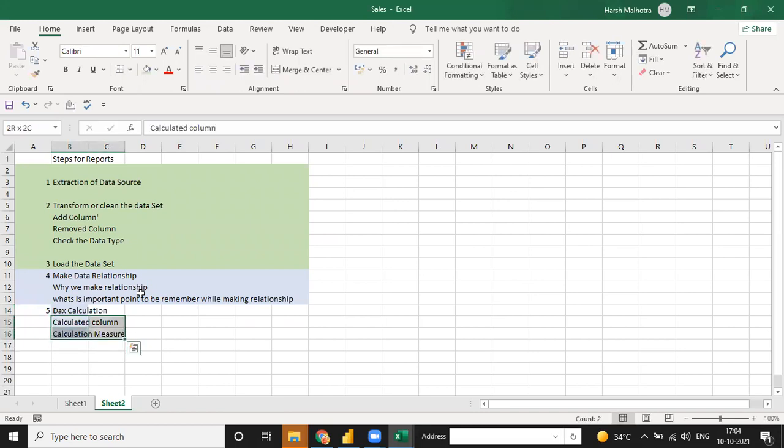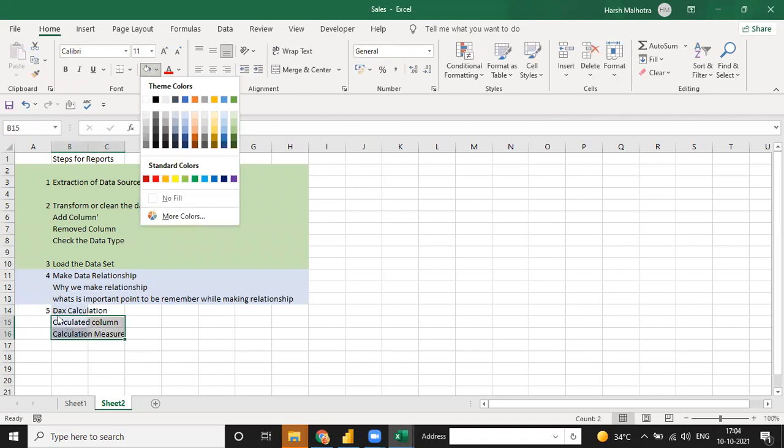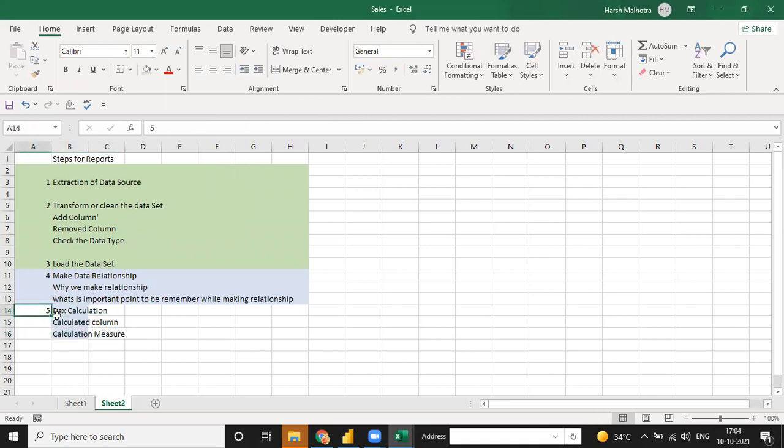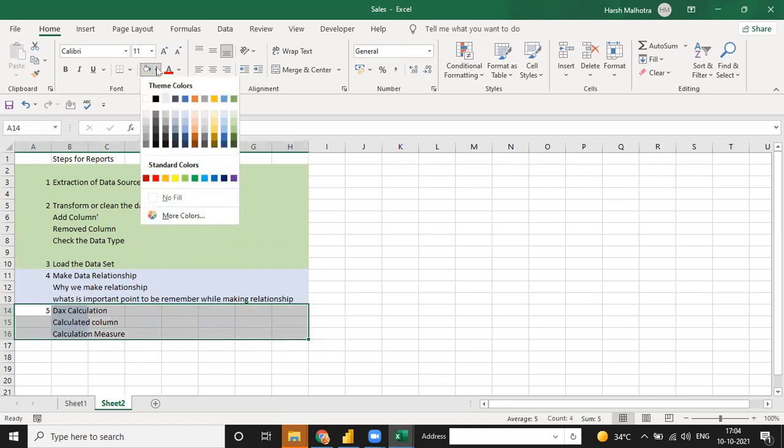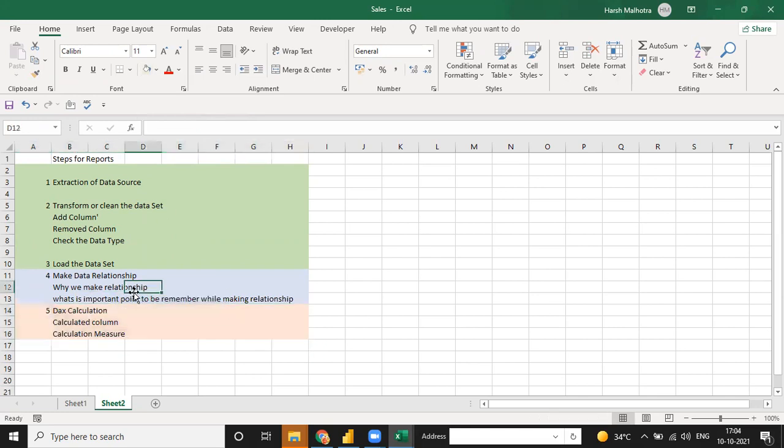But what is the difference between calculated column and calculated measure? First, I need you to understand this. Fifth point, we have DAX calculation, and in this DAX calculation, we have two different things, calculated column and calculated measure.